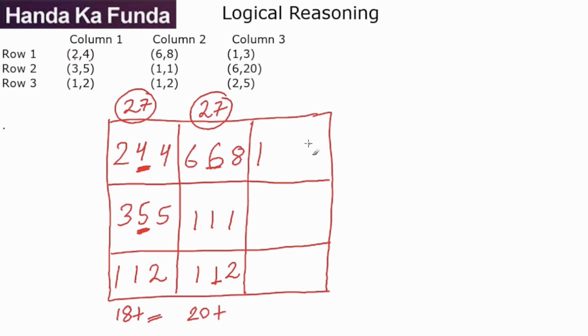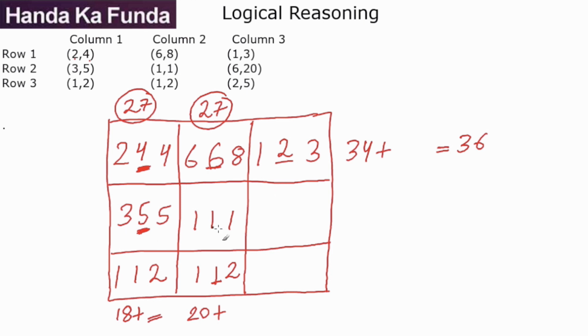Let's check the third one. So you have a 1 and 3, missing value in between. What's the total now? 2 plus 4 plus 4 is 10. 6 plus 6 plus 8 is 20. 10 and 20 is 30. And this is 4. So this is 34 plus something. Well, 34 plus something and a multiple of 9. This has to be 36. So the missing value here is 2.